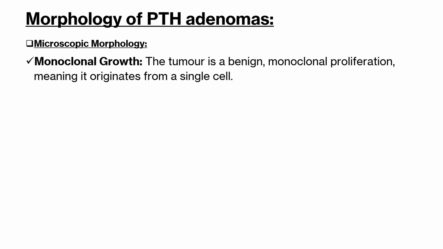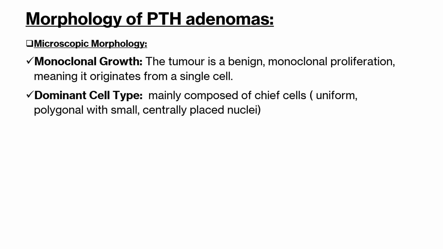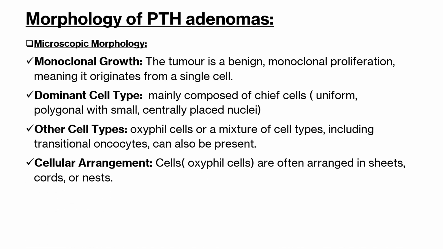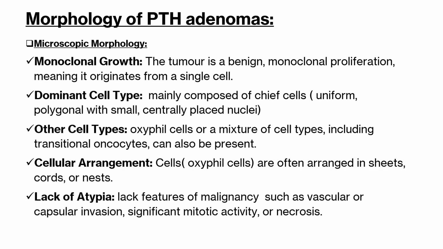see they appear as monoclonal proliferation, that means originating from a single cell, and the most dominant cell is chief cells, and other cells may also be involved like oxyphil cells and a mixture of cells like the transitional oncocytes, and these chief cells are normally uniform and polygonal with small and centrally placed nuclei, and similarly cellular arrangement can also be seen as nests or cords or sheets of oxyphil cells, and similarly the features of malignancy